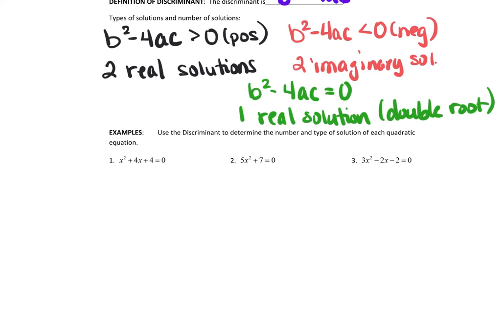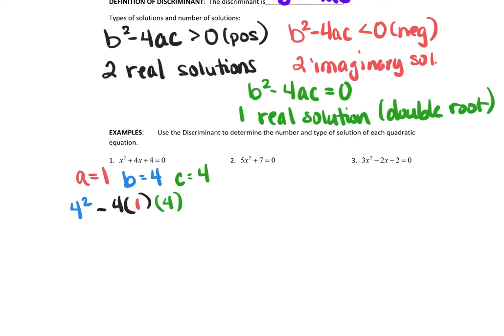So here, look at this equation. It says x squared plus 4x plus 4. Remember what we do? We need to label what a is. a equals 1, b is equal to 4, and c is equal to 4. So all I'm going to do is b squared minus 4ac. So it'll be 4 squared minus 4 times 1 times c,